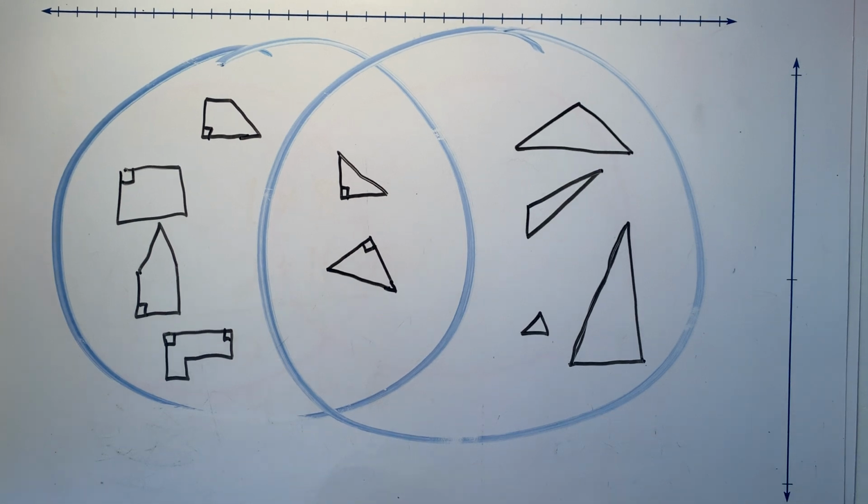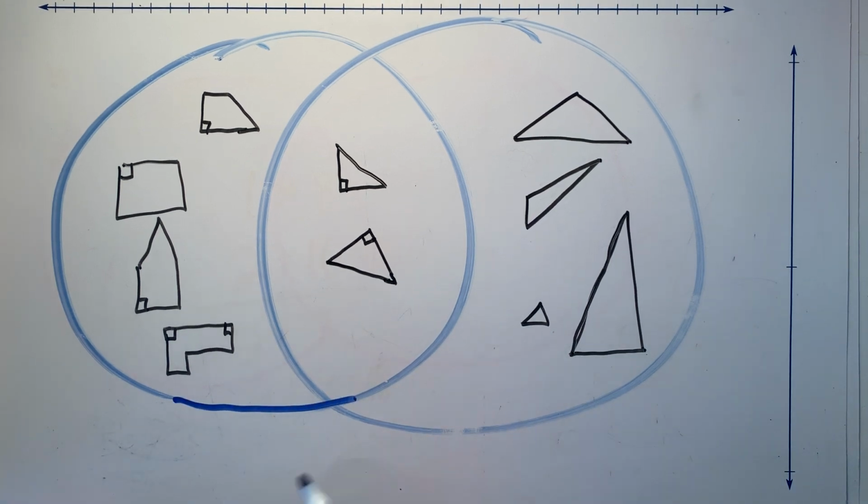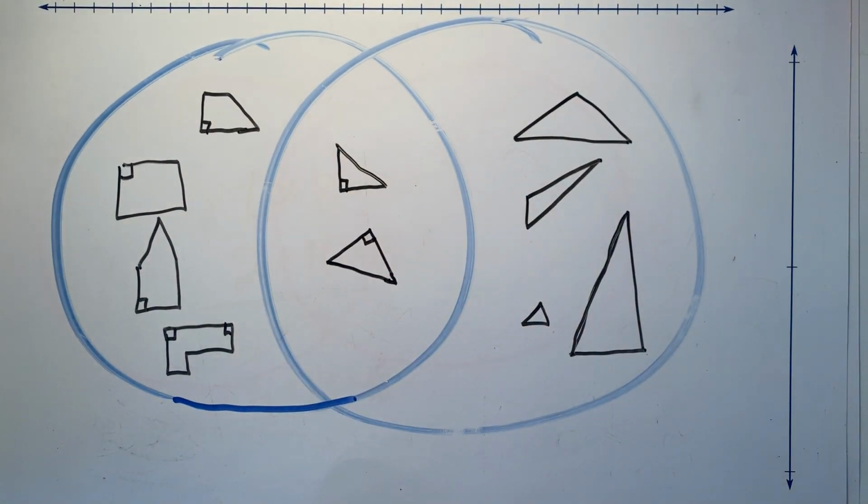Okay. I have created a Venn diagram that does not have any conditions down below. Your job is to find the conditions. And this is what makes it a little more difficult. I've tried to make one that is a little bit easier to see. But let's take a look.